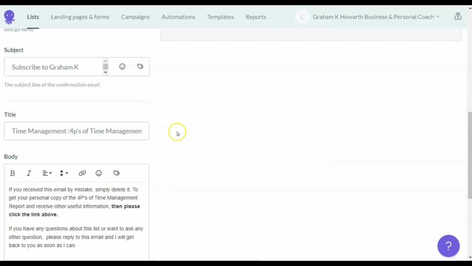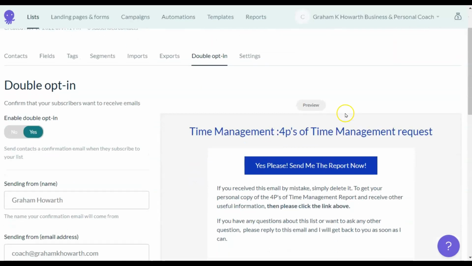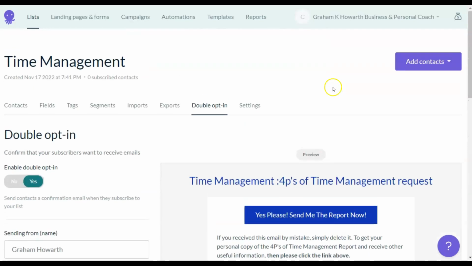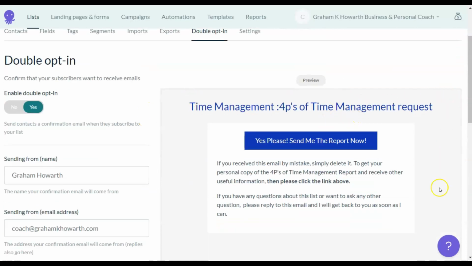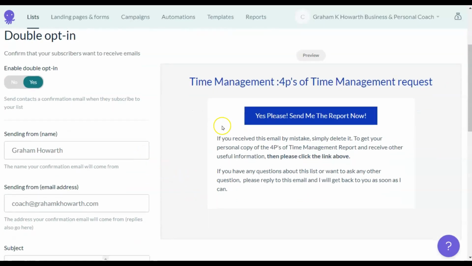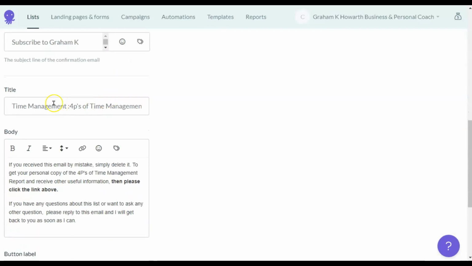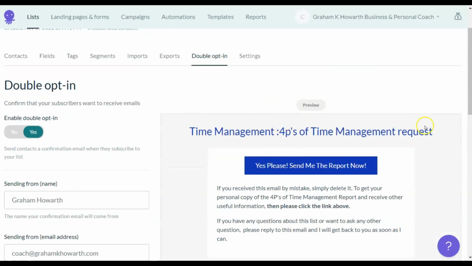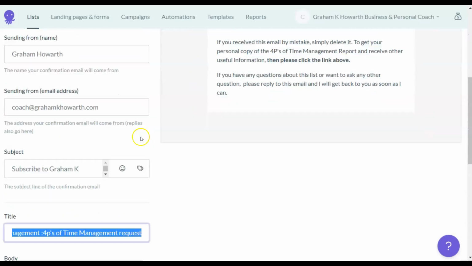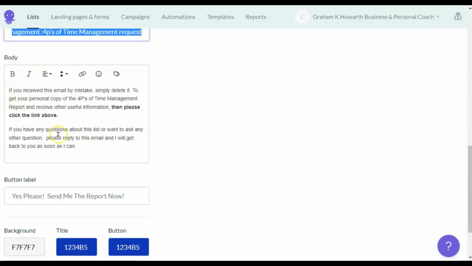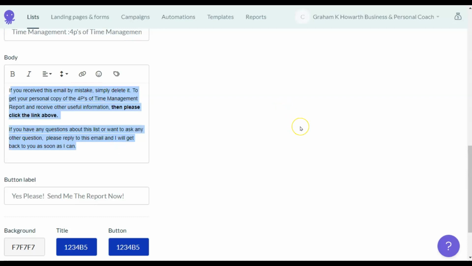Let's look at the actual email that people will receive, and it's this section here. You can manage that and change the format of it by coming here, for example, and putting in the title, which I've just put in 4 P's of time management request, and then you can put a little bit of descriptive text, and this obviously depends on your own strategy and how you work.